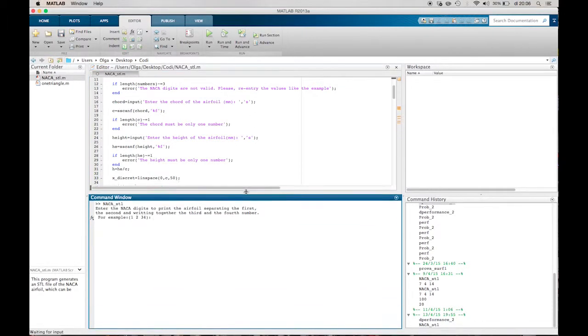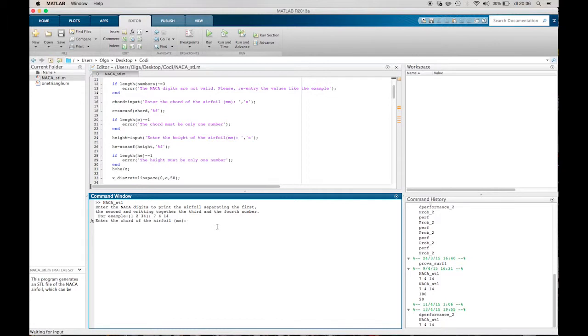As we can see, here appears the input where we have to put the numbers. They have to be entered in the way that the program says, otherwise an error message will appear.